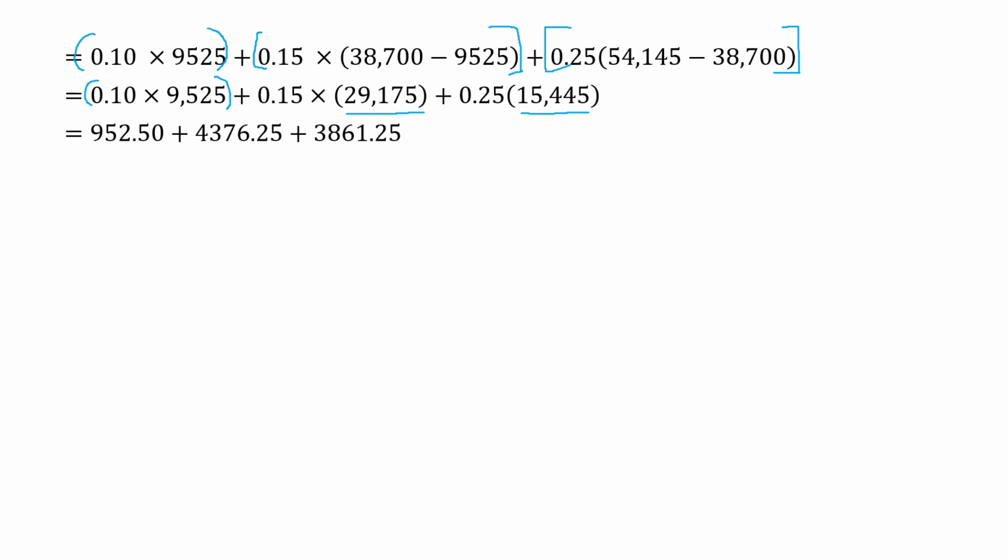Doing the multiplication, you get $952.50. In the 15% bracket, her tax is $4,376.25. And finally, in the 25% bracket, her tax will be $3,861.25. Add those together, and the sum is